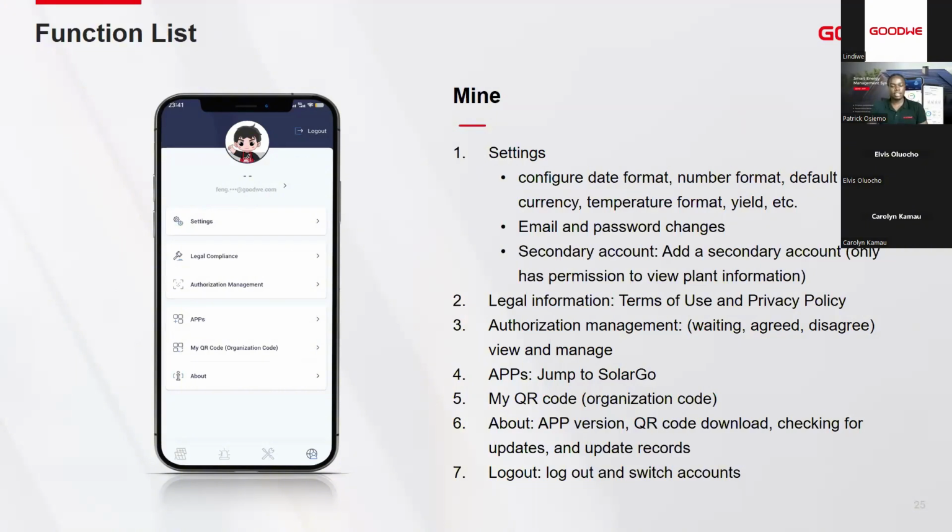You can scan the QR code so that you get your particular organization code. And this is actually an app version, so it's for the mobile based. It's also able to connect to the internet and look for updates in terms of firmwares and any update records that GoodWe has released into the market. And similarly, you can log out of the existing account and relog in with a different account and still get to exploit the various